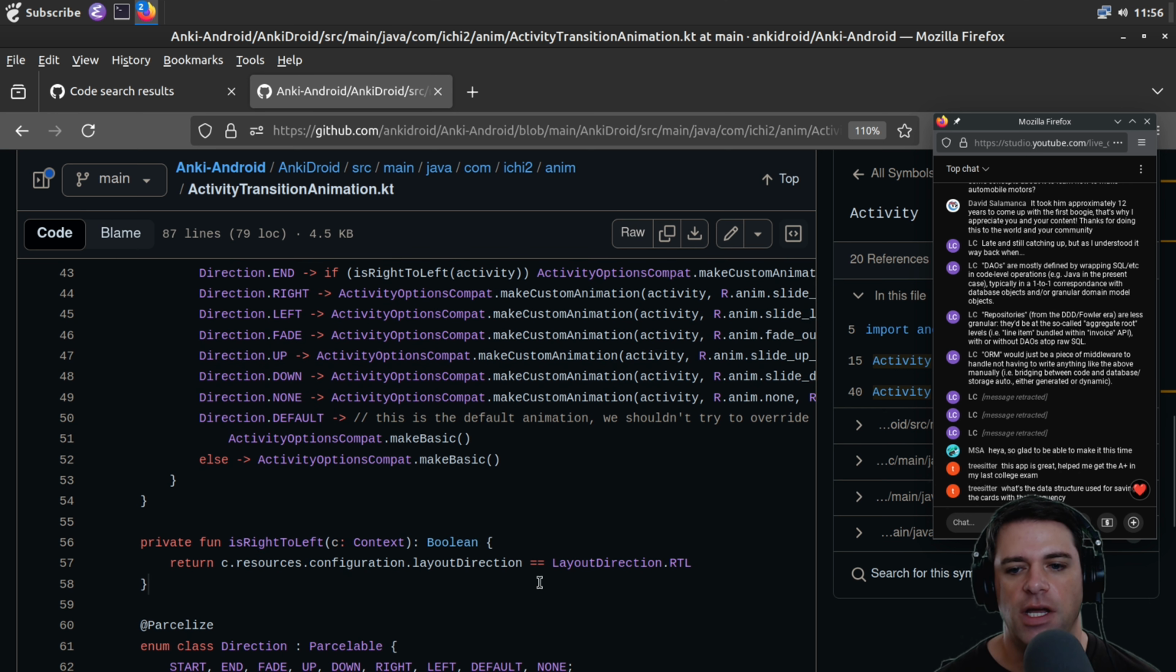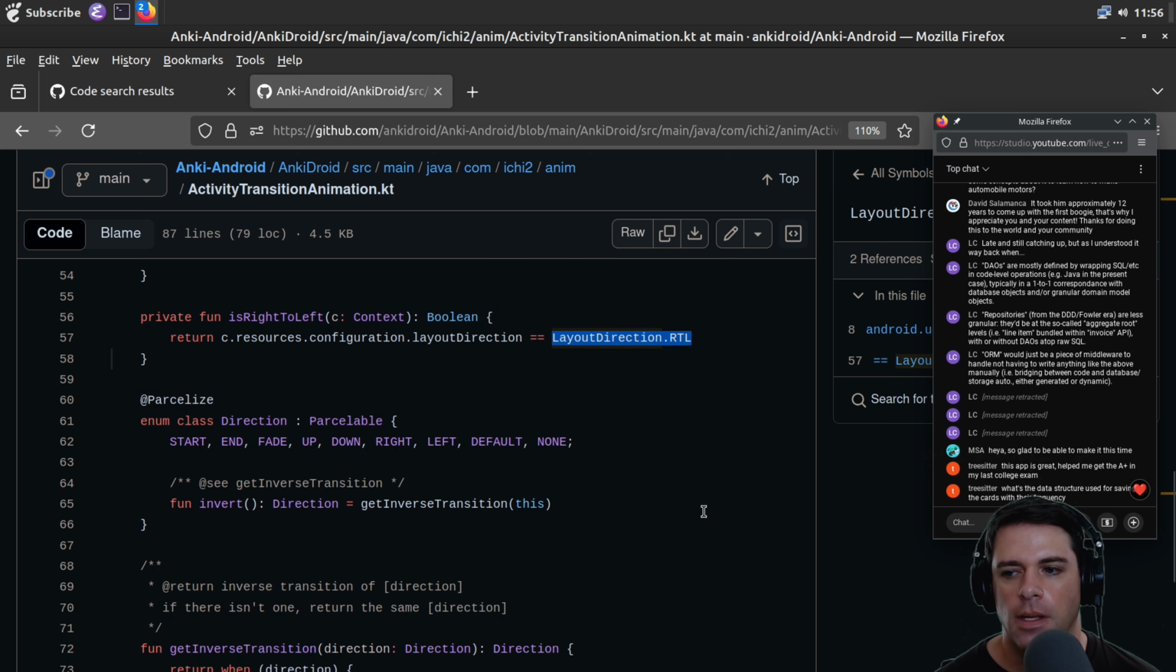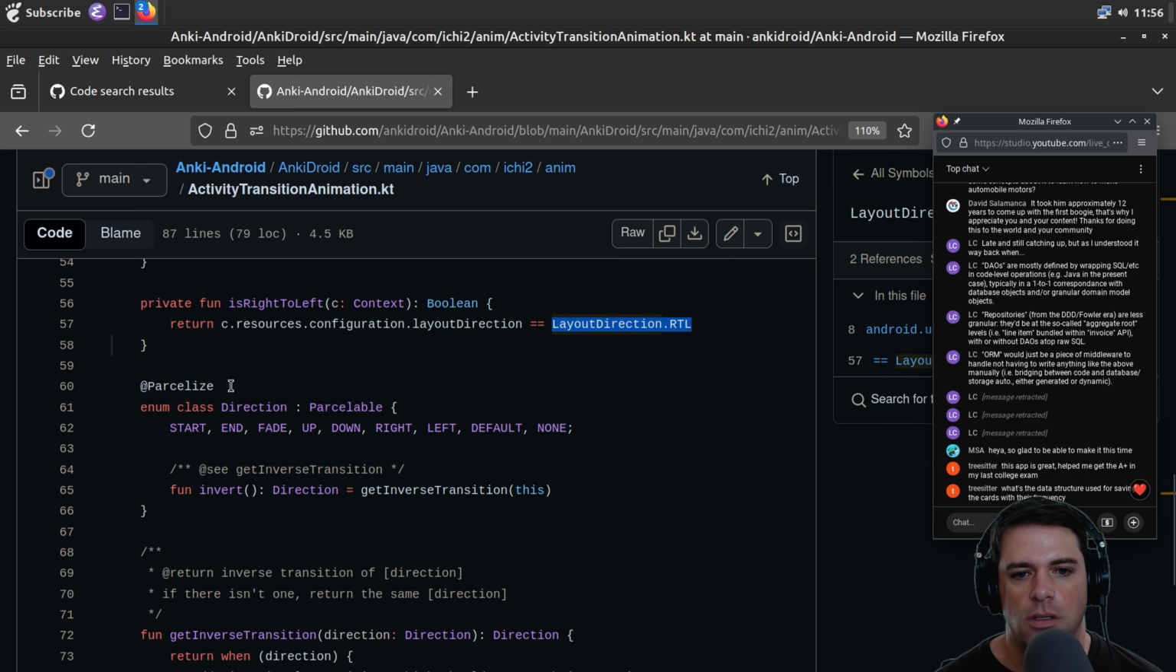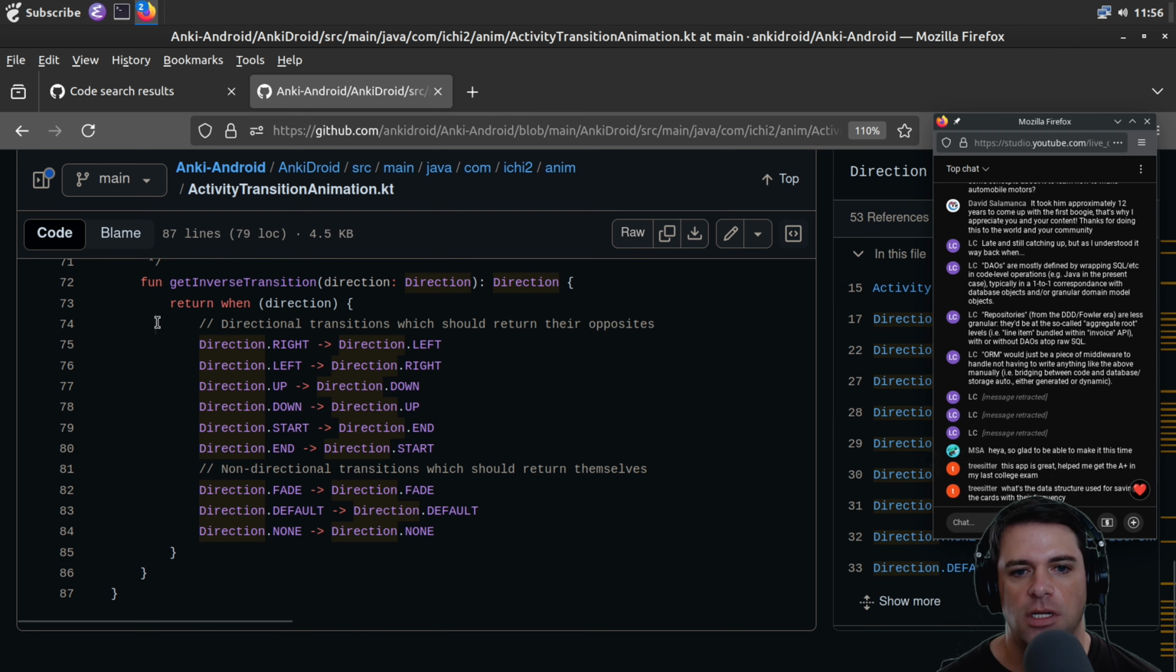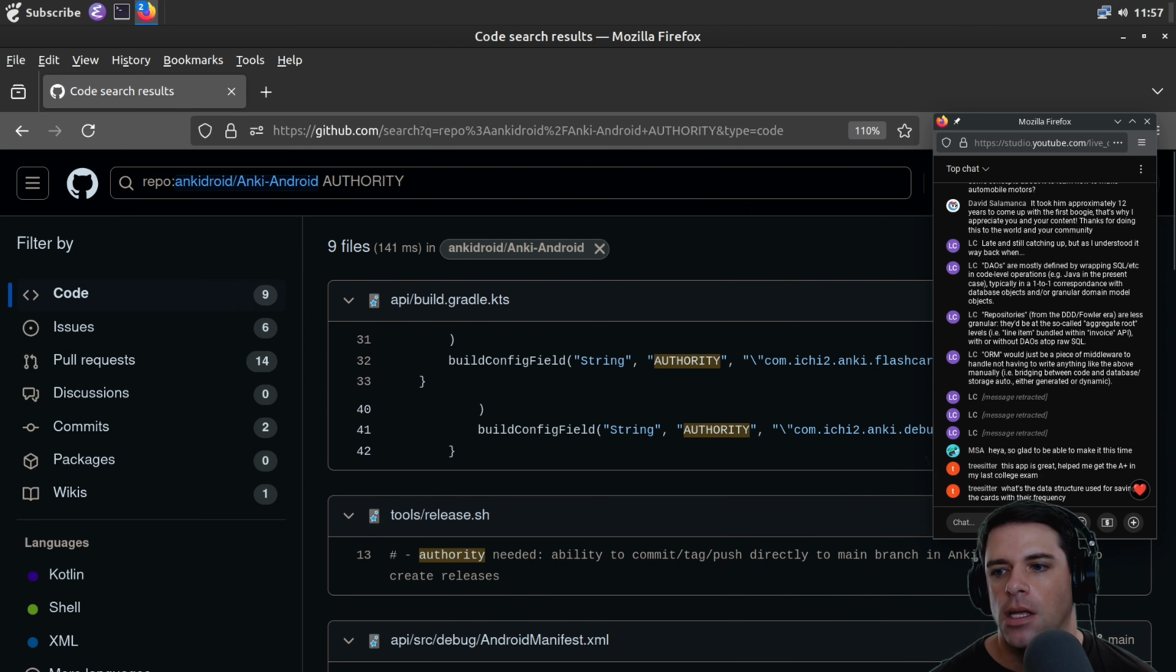This is left to right. It depends on the layout direction. That probably depends on the locale. And so on and so forth. We have some inverse transition, which I guess they're just hand coding the inverse to the one they hand coded above. And Tree Sitter is asking,